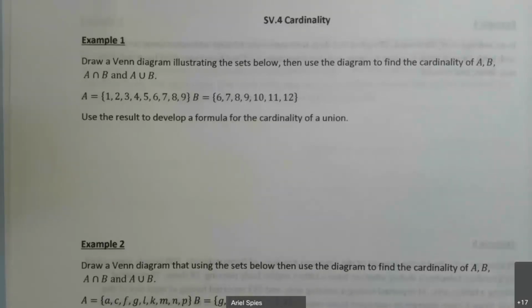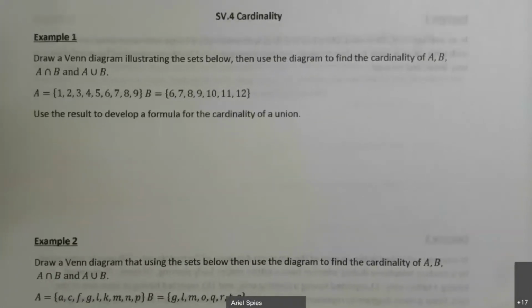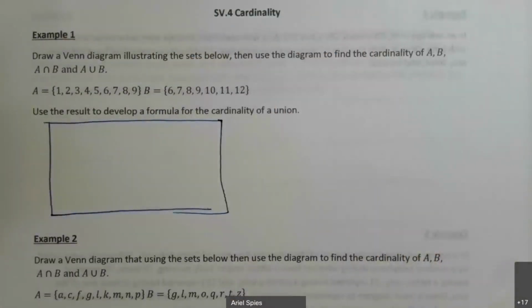Today we are talking about cardinality and then sets. So we talked about cardinality before. We're just going to go back and do it again with a Venn diagram. So this one wants me to draw a Venn diagram given these two sets, A and B, and then I